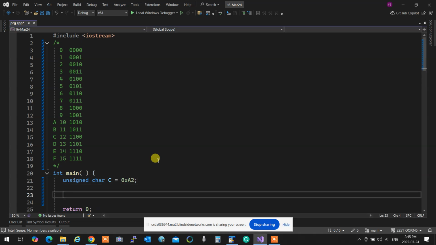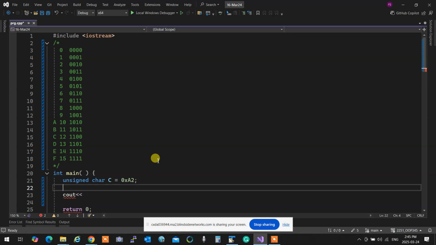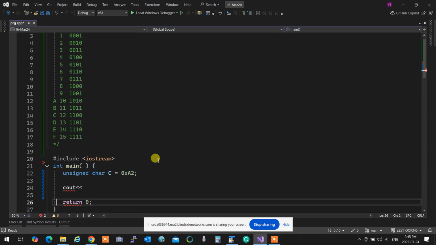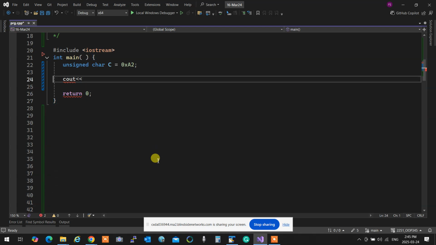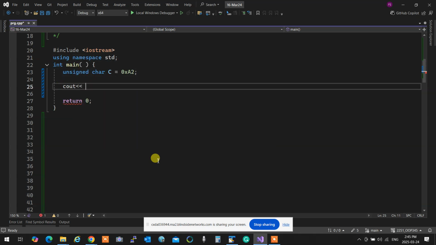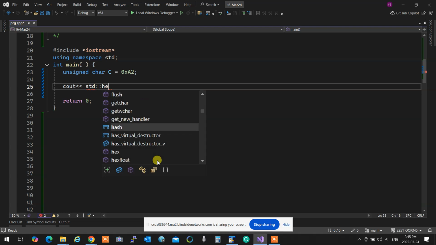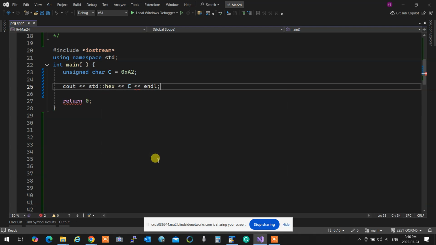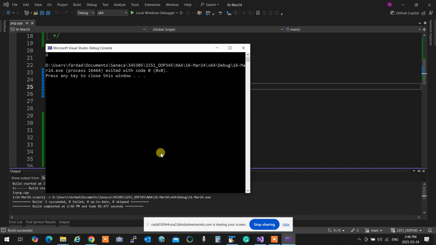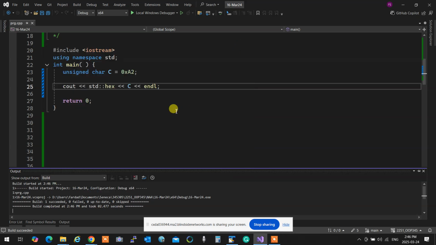Okay. First, let's see if I can remember. So it's cout, using namespace std. How did we do it?